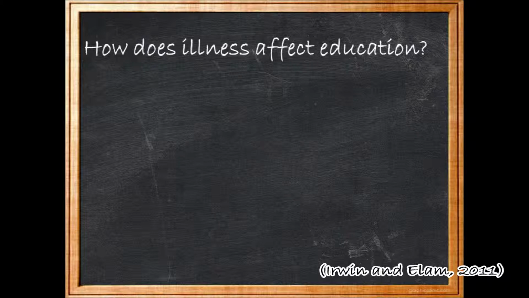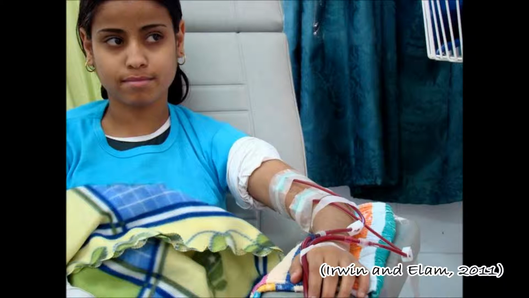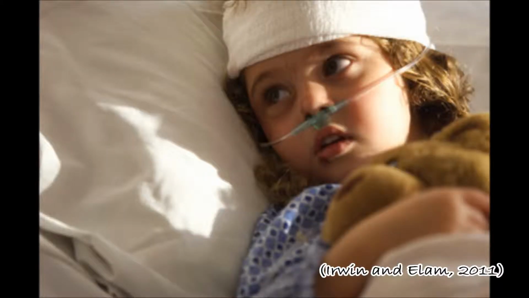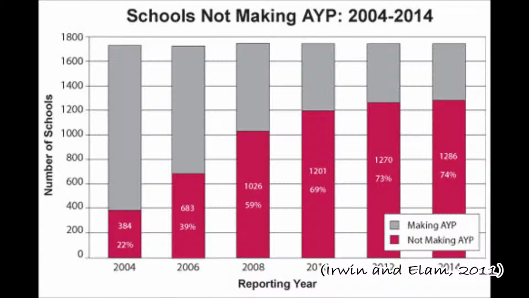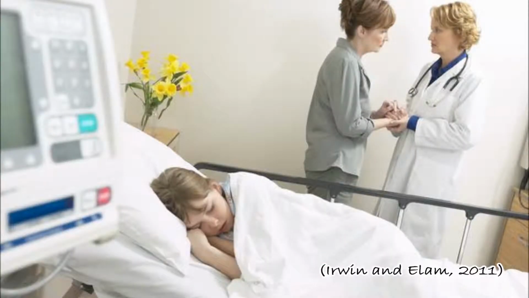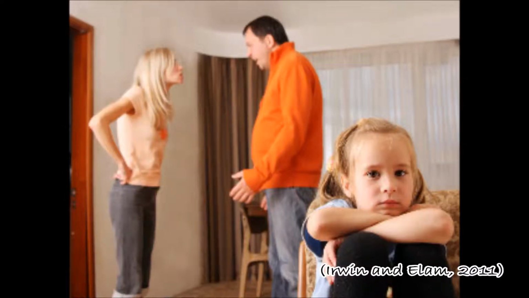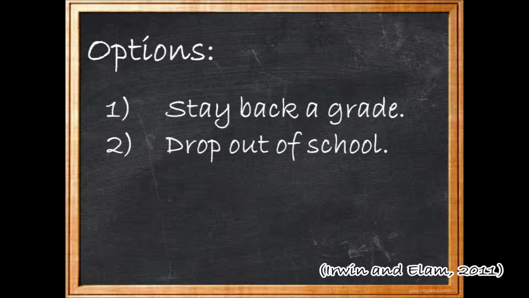So how does a chronic illness affect one's education? The first glaring issue is attendance. Due to a disproportionate amount of sick days and appointments, children with chronic illness are viewed as attendance anchors, holding schools back from reaching the 92% attendance required for adequate yearly progress. The fear of not achieving this figure drives many schools to legally withdraw students from the district when they have an appointment or treatment. This is usually done entirely without parental notification and is even done for same-day appointments. When parents are notified, they must either agree to the withdrawal or face truancy charges. Students who are not withdrawn are usually held back or told to drop out entirely.